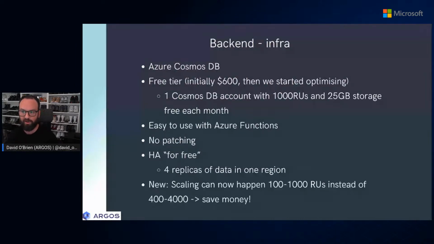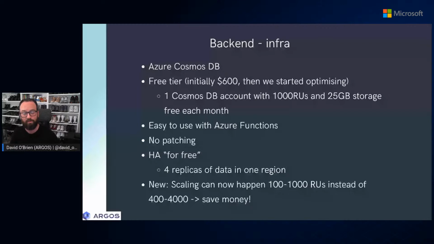So we had the Cosmos DB conference here. Let's talk about Cosmos DB, our backend. Similarly to the functions argument, why did we use Cosmos DB? Because it does come with a free tier, by the way. You can get one Cosmos DB account in your subscription with 1,000 request units per second and 25 gigabyte storage for free each month. That can already get you quite far, depending on how you build your application, how your queries run, how well you do your queries. That's going to get important in a second.